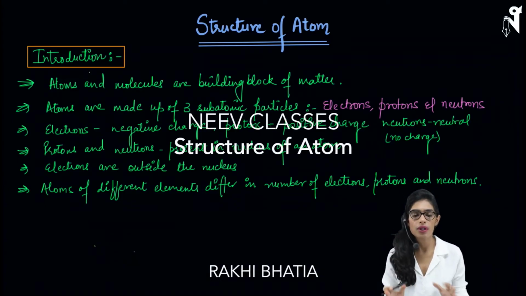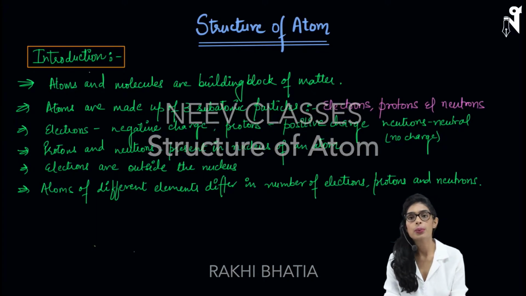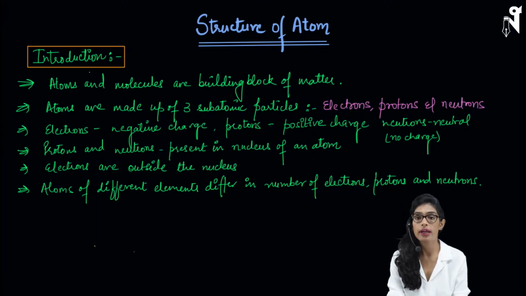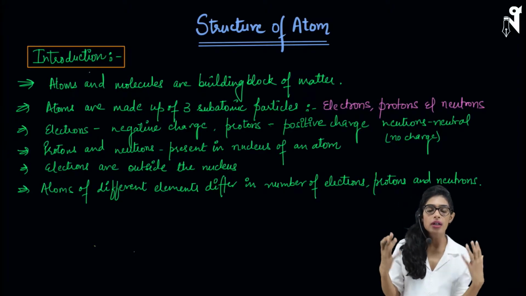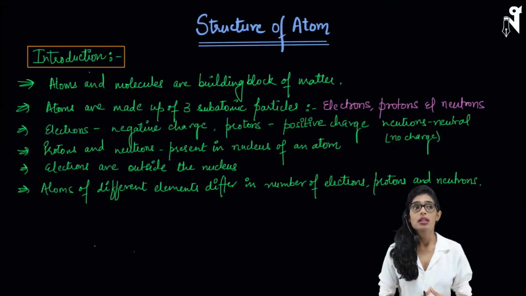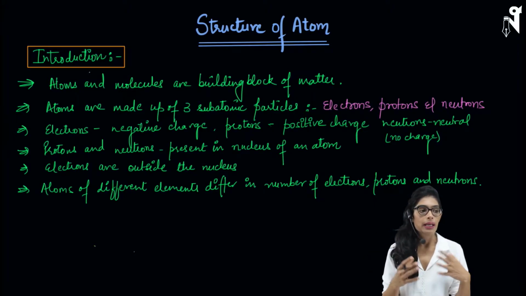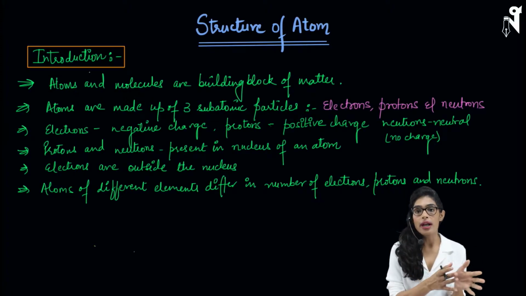Hello all. So today we are going to start a new chapter, that is structure of atom, and we have already covered 3 chapters till now in grade 9th, and that is first is matter around us pure, matter in our surroundings, and third one and the latest one is atoms and molecules, where we have understood this starting from scratch: what is matter, what it is made up of, how does it exist in nature, what all different forms of matter are there, and apart from that, how to distinguish between pure matter and impure